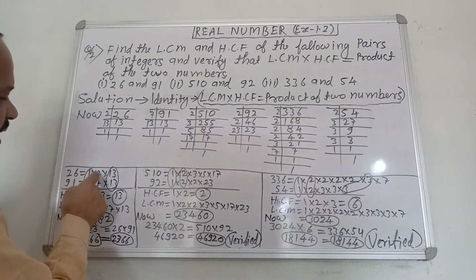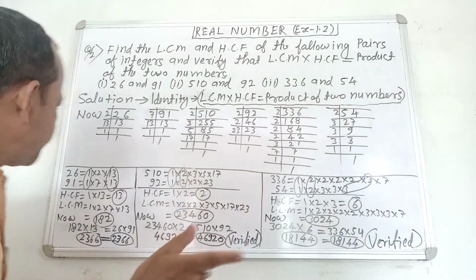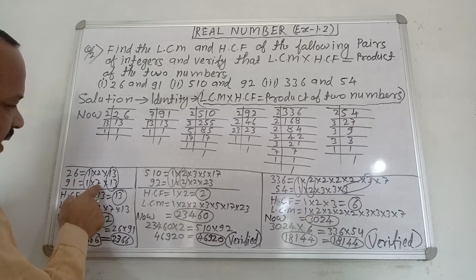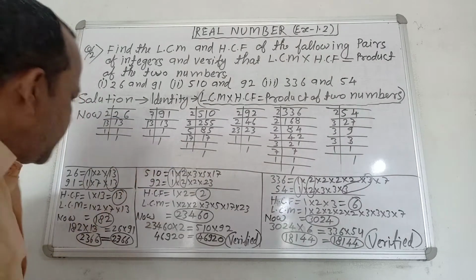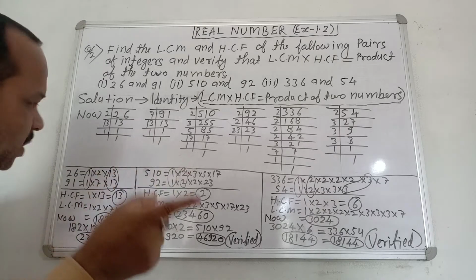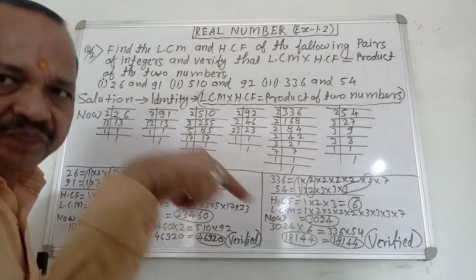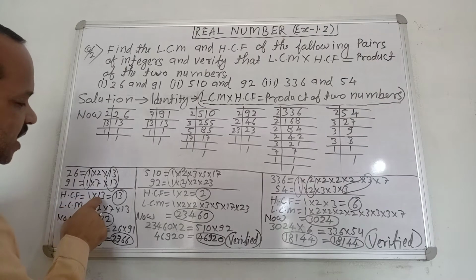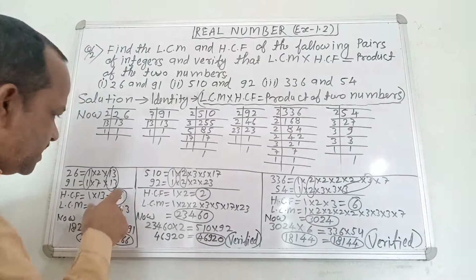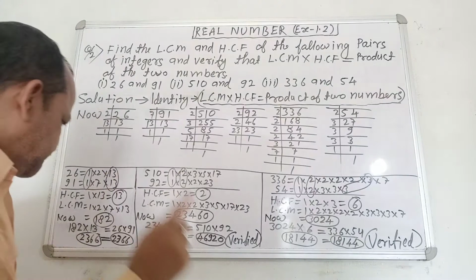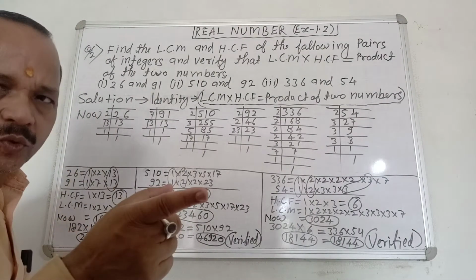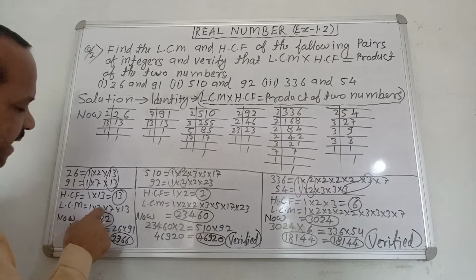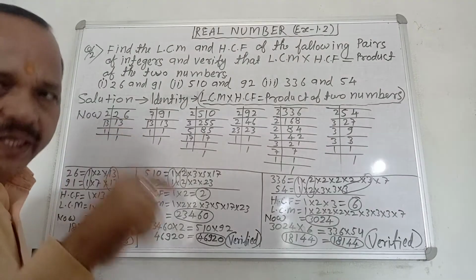See the board. 26 equals 1 multiply 2 multiply 13. 91 equals 1 multiply 7 multiply 13. Here 1 is common in both and 13 is common in both. So your HCF is 1 multiply 13 equals 13. 13 is your HCF. Now LCM equals 1 multiply 2 multiply 7 multiply 13, because